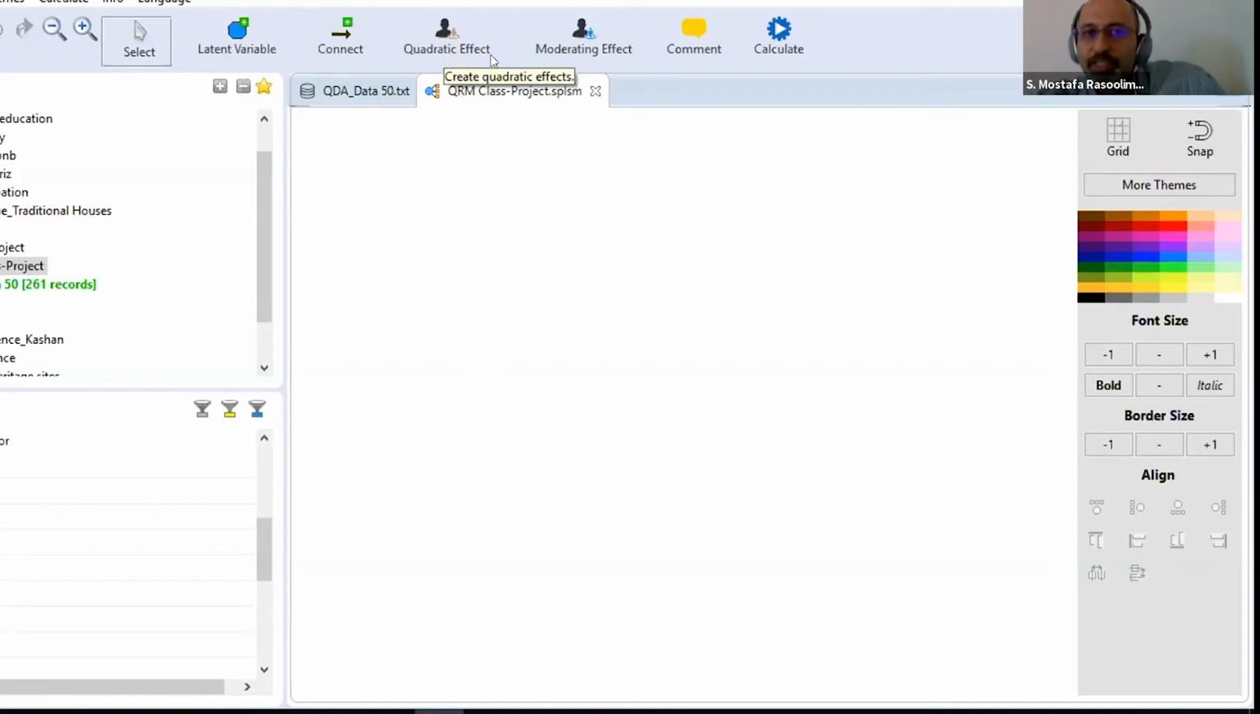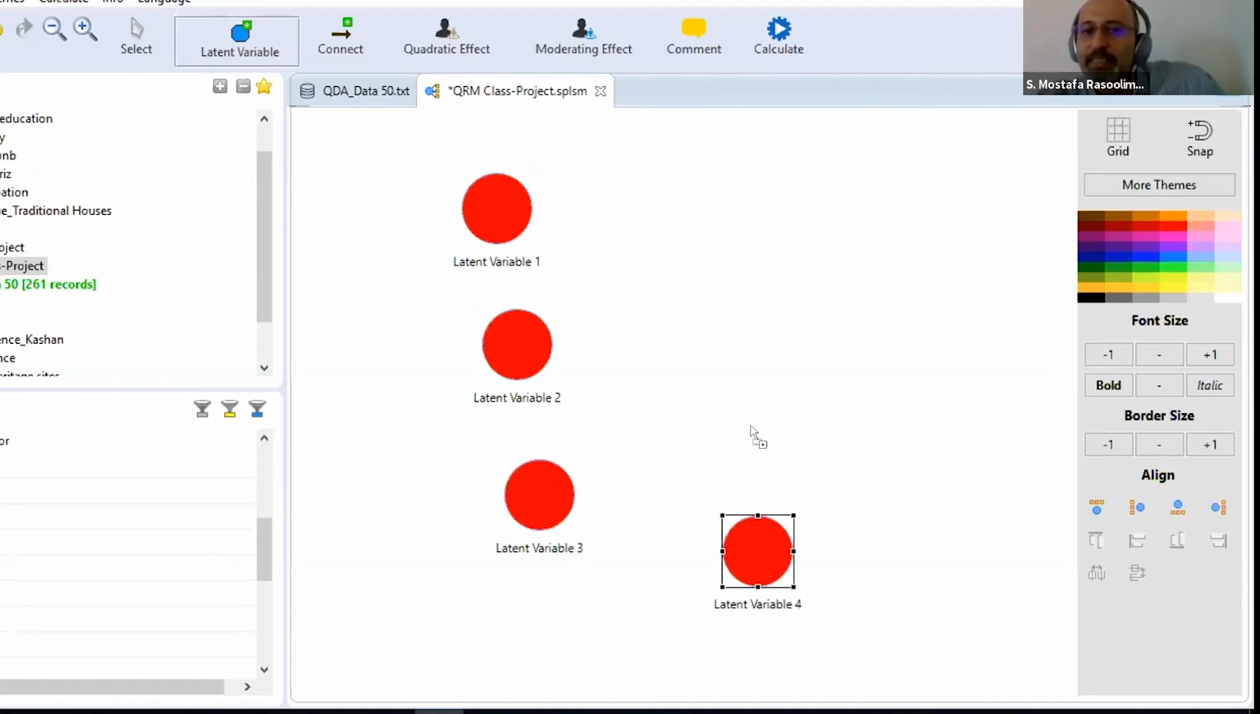Here, the quadratic effect and moderating effect are more advanced. We will actually work with the moderating effect, but not the quadratic. The quadratic is for nonlinear relationships. Okay, so the first option to create a model is the latent variable option. When you click on the latent variable option with this arrow, you click on this window, you can create a new latent variable,